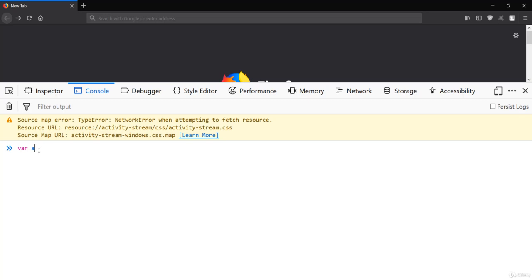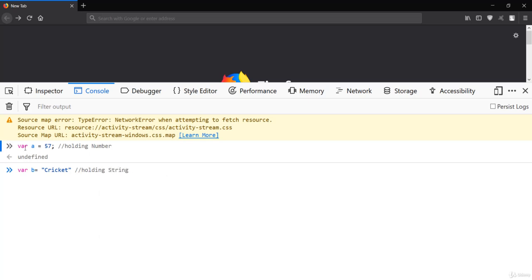Let me create one variable over here. Let me say 57 would be the value, and it is holding a number. You can see we have created the variable a, and let me create another variable, b, with the value cricket, and you can see it is now holding a string.